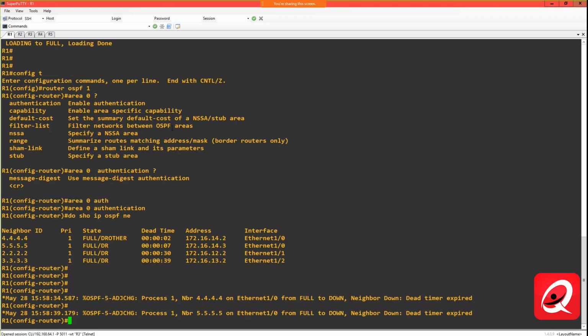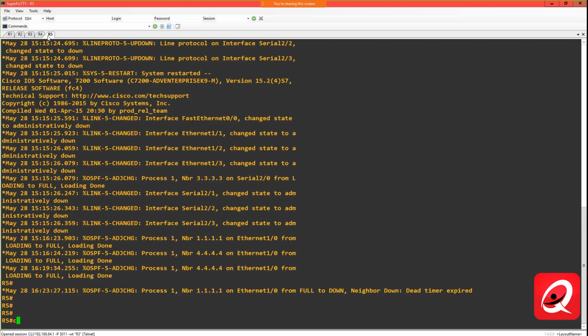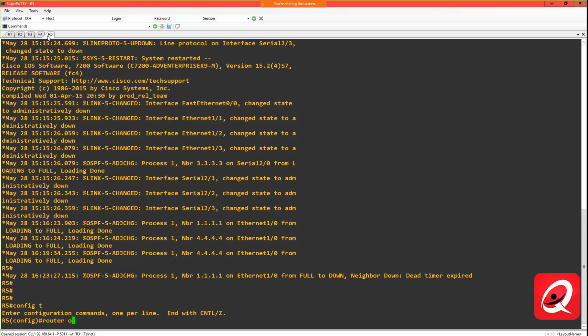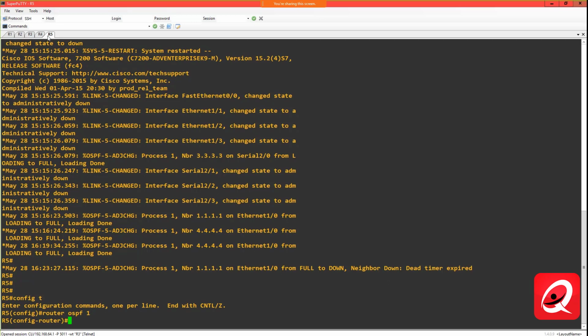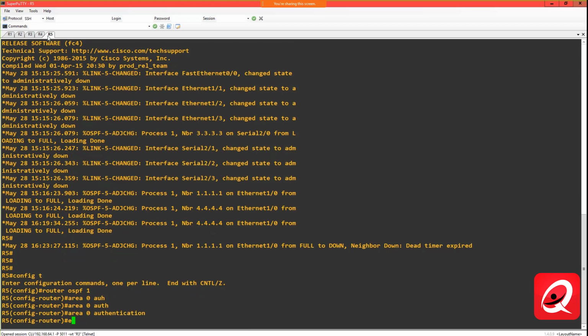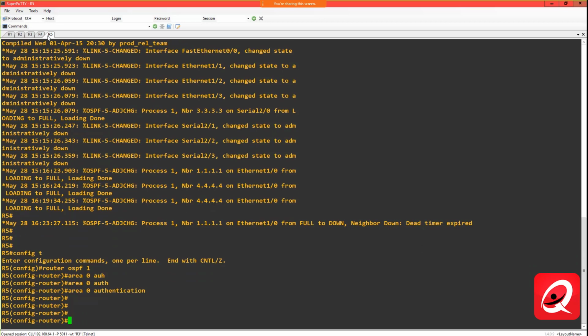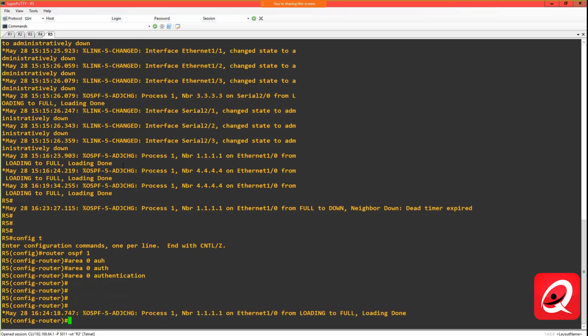So if I was to go to, say, router 5, for example, and do the same thing, router OSPF 1, and do an Area 0 authentication, by not specifying that I'm using message digest, I'm simply deferring to the simple password authentication process. Notice that I did get my adjacency back. Now, there's a common misconception as to how this authentication occurs